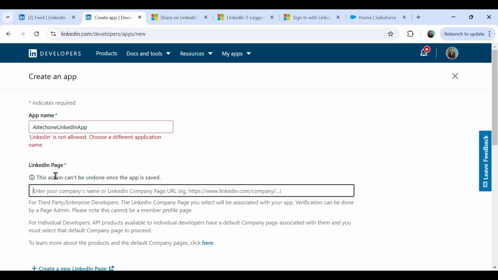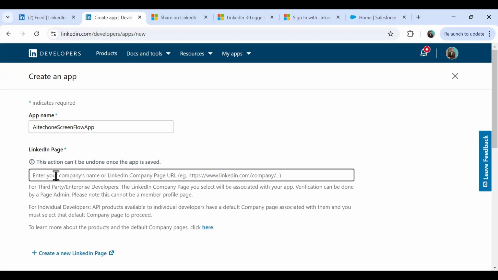When you click on the action, okay, as you can see, I tried to do this, but it says LinkedIn not account. So I'll just write here AI Tech 1 screen flow app, for example. And here